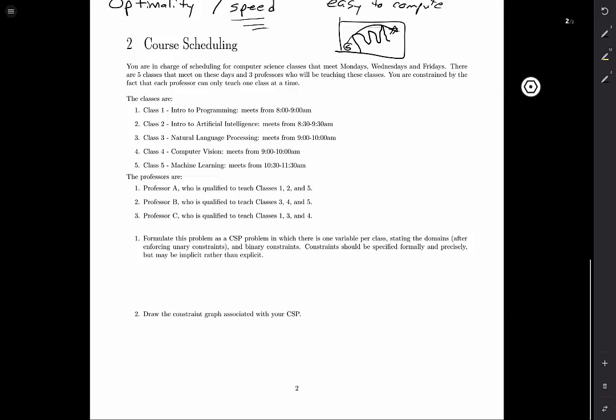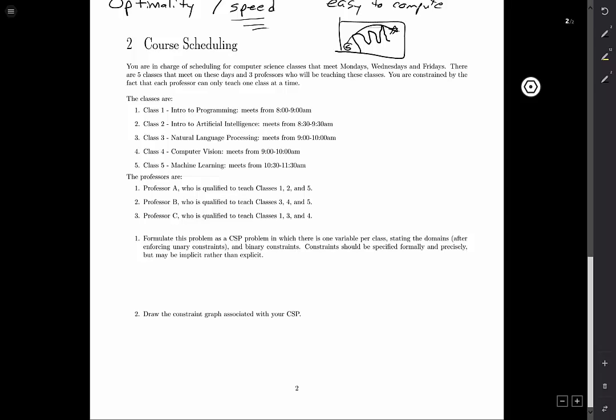Okay, so now let's move on to constraint satisfaction problems. So here's the problem. Take a second to read it, and then I'll go over it. We have some classes, class 1, 2, 3, 4, 5, and they're scheduled for different times. We also have different professors, A, B, and C, and each of them is qualified to teach only some of these classes. So our ultimate goal will be, can we find a schedule